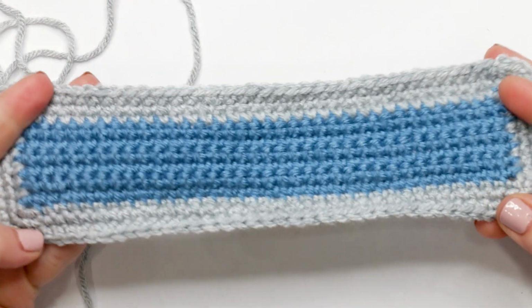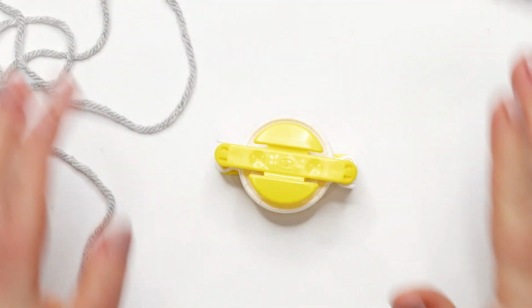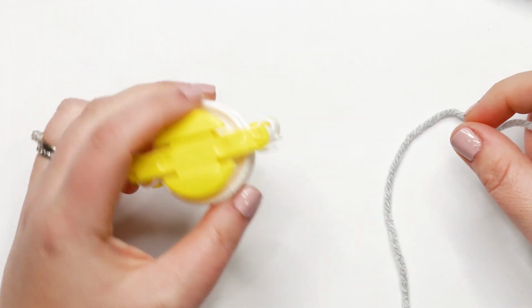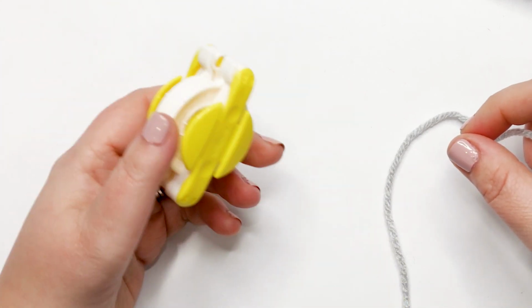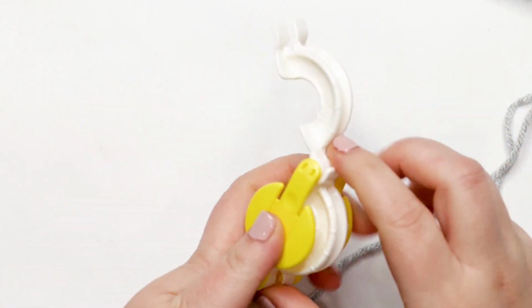So we have our finished shawl, and we're just going to set that aside so we can do our pom-poms for our closure. We're going to be doing our pom-poms in our secondary color, which is the same color we used for the trim. And we're going to need a pom-pom maker. You can also use a piece of cardboard if that's what you've got. You can even use a fork. But I have a bunch of these, so I'm going to use them